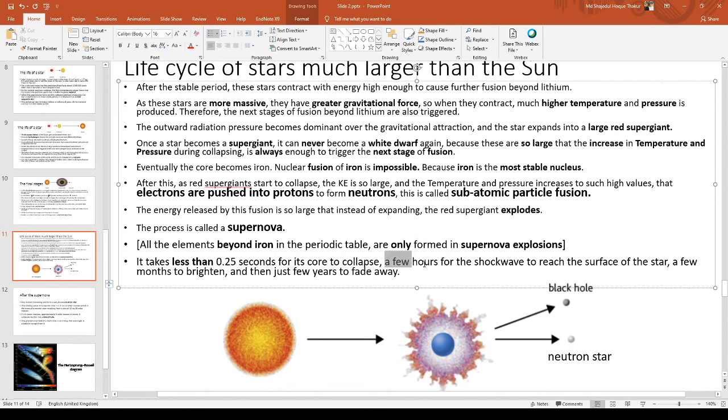It takes a few hours for the shock wave to reach the surface of the star. So when the shock wave, that is the energy release, reaches the surface of the star, that is when it will explode, right? And then a few months to brighten, that is for a few months it releases this huge